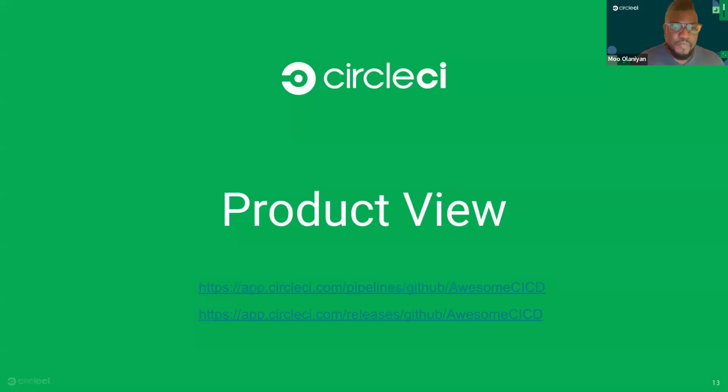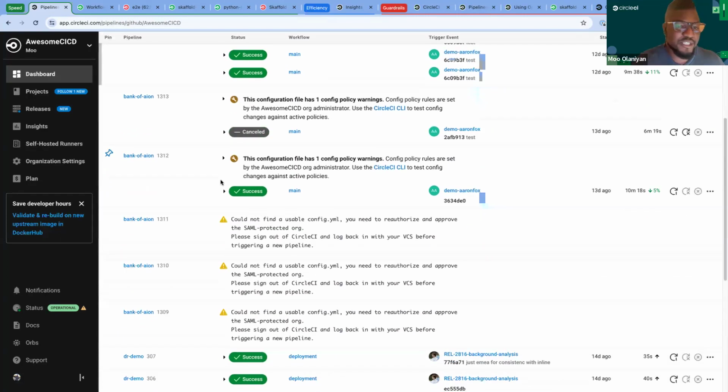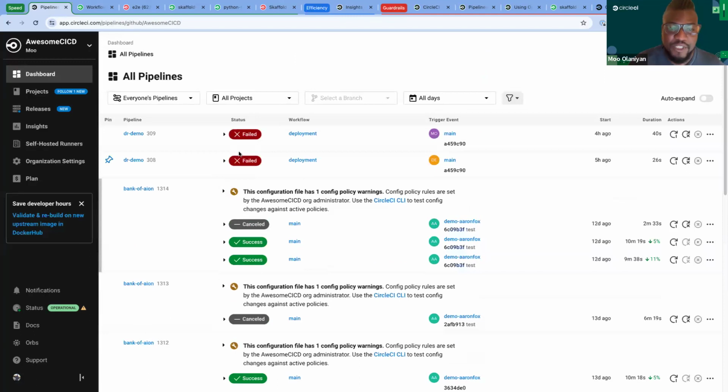All right, now let's jump in and see what this looks like inside of CircleCI. So I'm going to hop over here, and this is just a glance at the CircleCI dashboard. This provides a single pane of glass for all of our high-level users, such as admins and operators, to see what's going on within the organization.